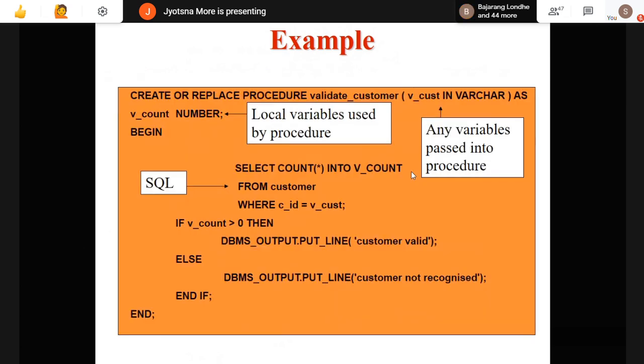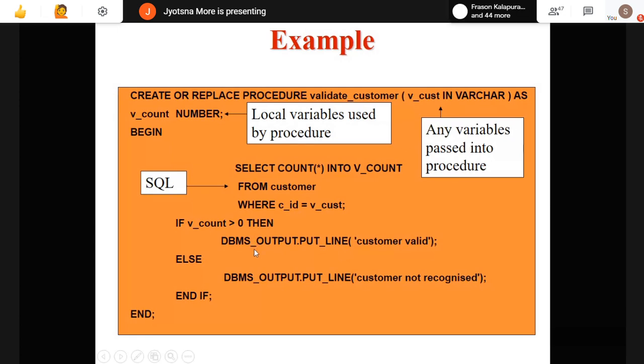So here is another example, somewhat similar to the previous one we just saw. The only thing is, here I have written one new line. You can see this line: DBMS underscore output dot put underscore line. This is nothing but like your print statement. We use print statements, right?